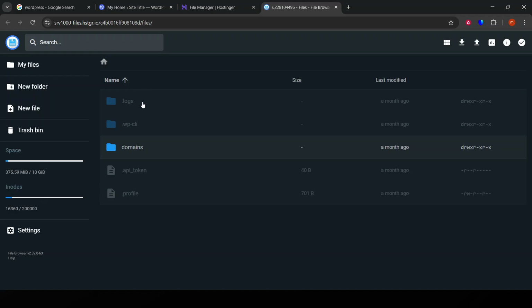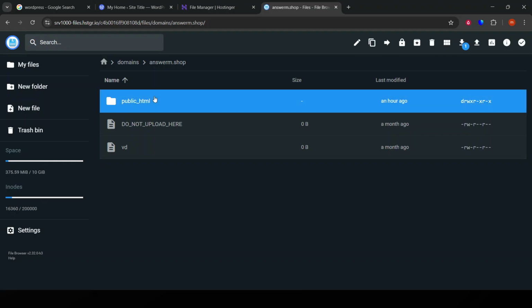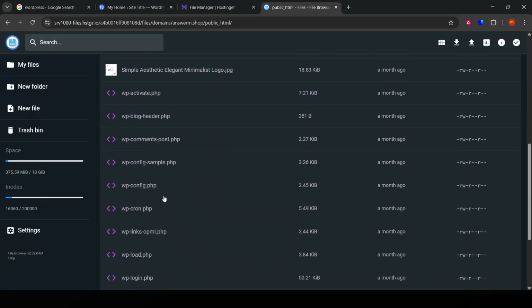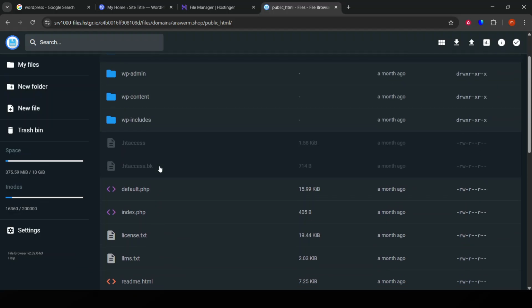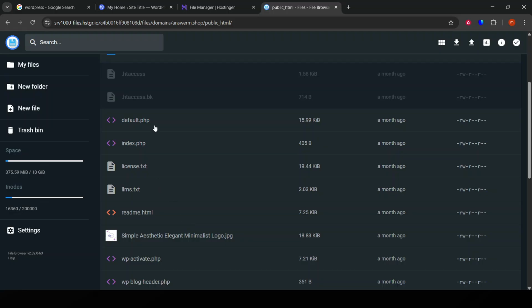Now, the task is simple: delete the .maintenance file. You can do this by right-clicking on the file and selecting the delete option, or simply using the delete button presented on the interface. Removing this file will effectively disable maintenance mode on your WordPress site, allowing visitors to access